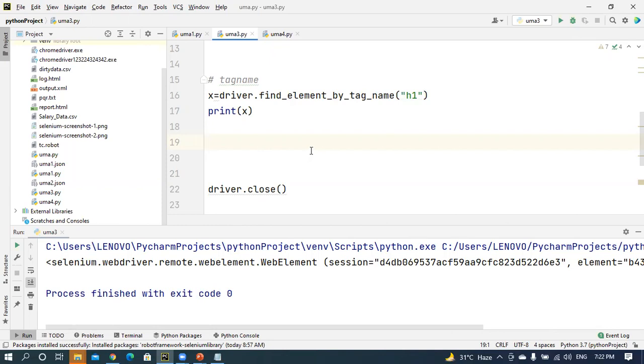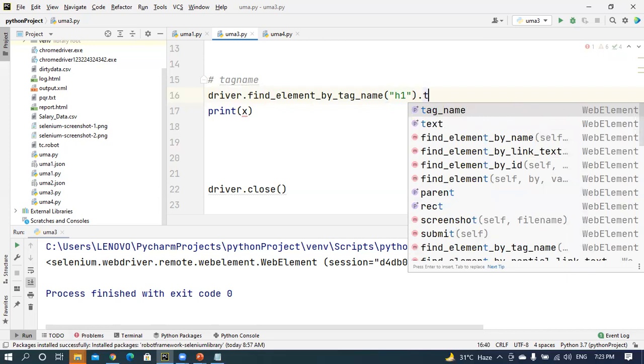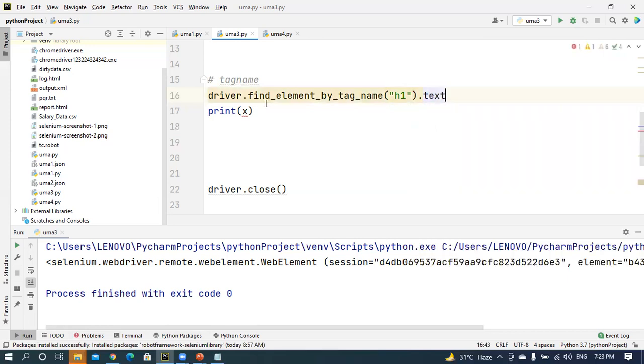If you want to find that value related information, for example, I'm going to get this value like a dot text. I'm going to get this value text. With the help of the text keyword, there is an error. Why am I getting the error? Okay, it's not possible with the help of text.